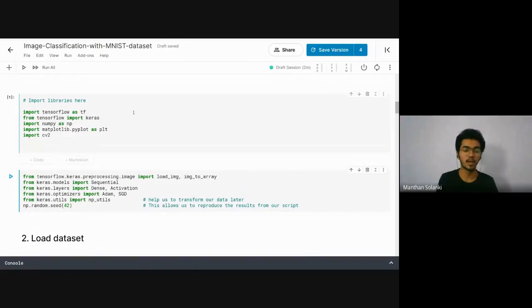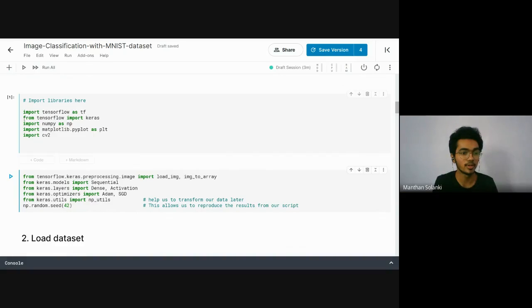We know that Python is a language where you can write almost like English, and in this way, import TensorFlow as tf. So we are creating an alias for this library. Whenever I need to use this library, I will simply use tf dot something.